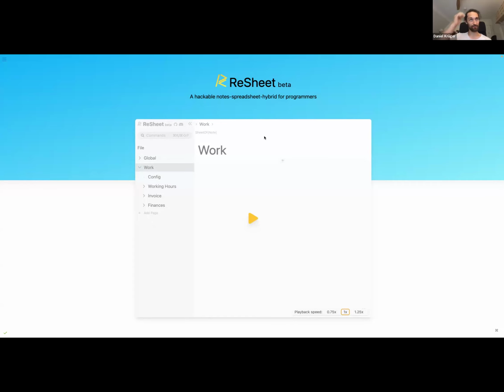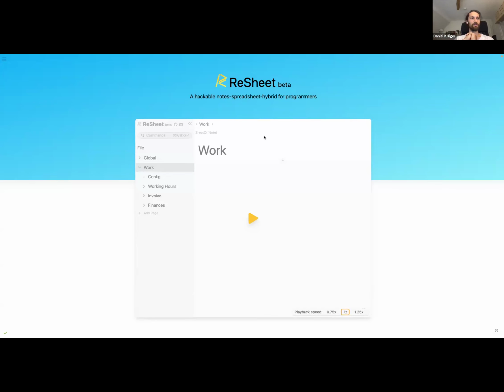Resheet is a personal project of mine. It is a general purpose notes and calculations tool, where I tried to build something as flexible and extensible as possible, having a very small core which supports all of that.